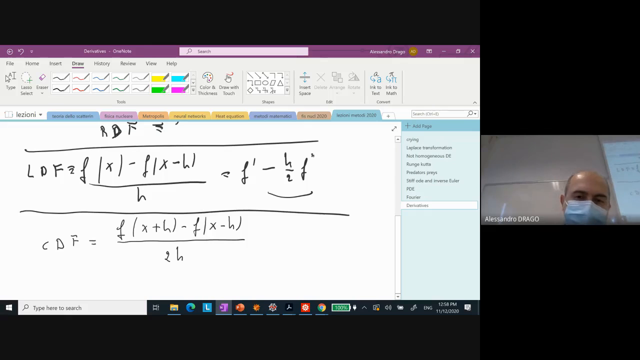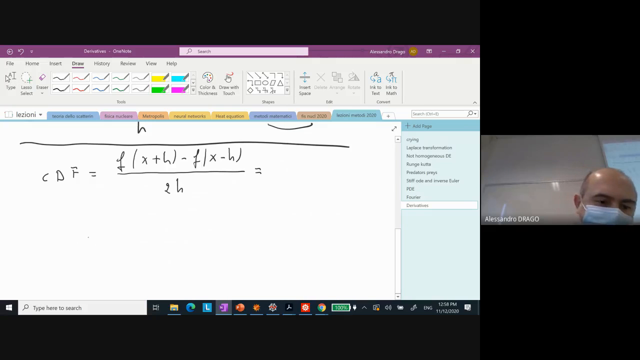And the reason is that if you expand again everything, you are this time cancelling the terms in h squared. Let me see if it is true. So if I write 1 over 2h, so I expand the first and I get f plus h f prime